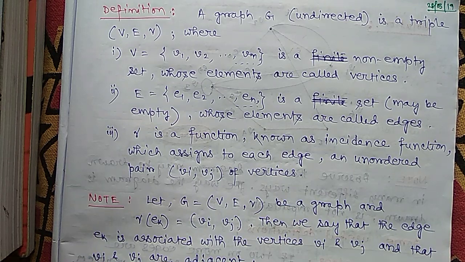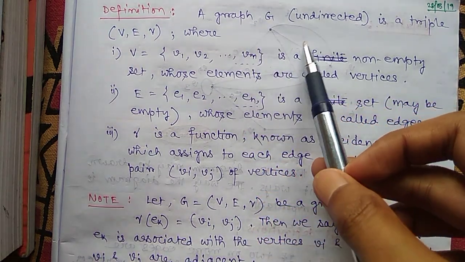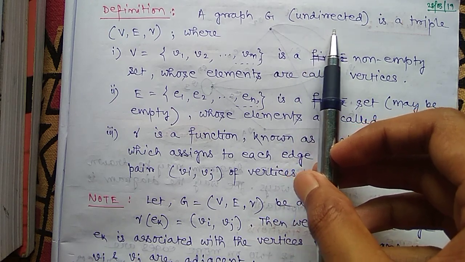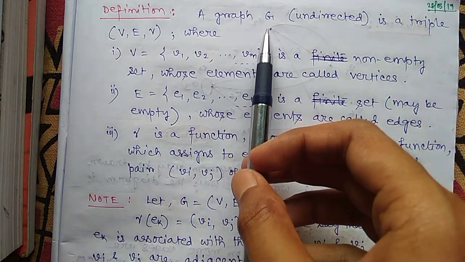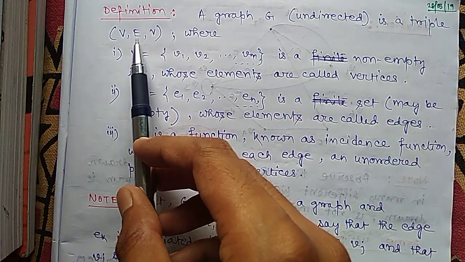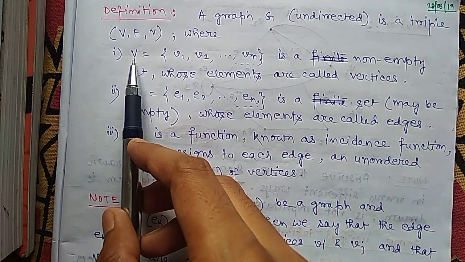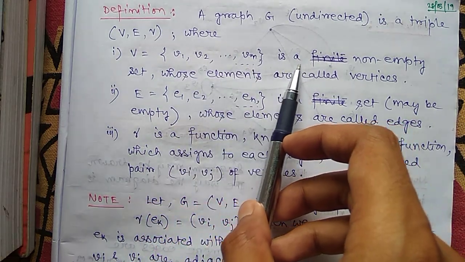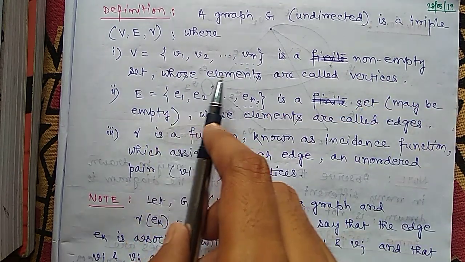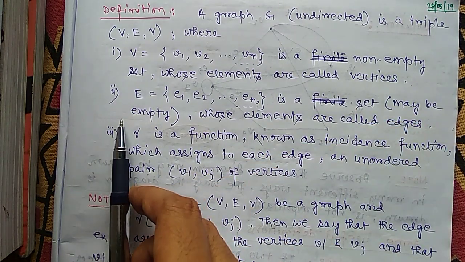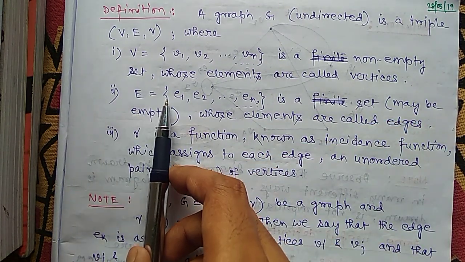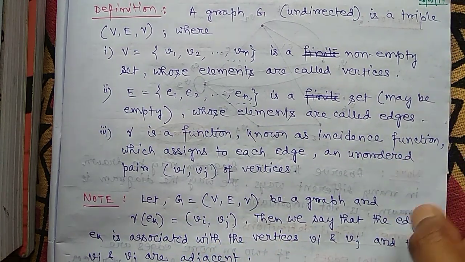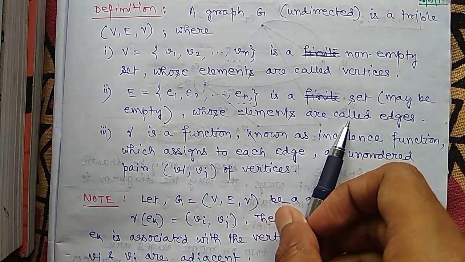Now come to the formal definition. A graph G, undirected, that means which has no direction. Later we shall discuss directed graphs. A graph G is a triple (V, E, gamma), where V equals the set {V1, V2, ..., Vn}, is a non-empty set whose elements are called vertices. E equals the set {E1, E2, ..., En}, is a set that may be empty, whose elements are called